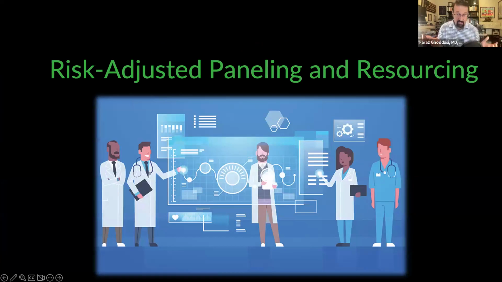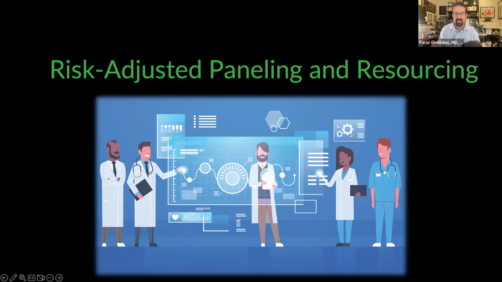There's a lot of talk about risk adjustment, paneling, and resourcing. And one of the big things that this could do is, depending on your institution and depending on how you end up using it, hopefully give you as primary care physicians adequate time to address the needs of each patient by either increasing or decreasing panel sizes, complexity, or even the time with each patient based on their complexity. Burnout-related turnover costs tens of billions of dollars a year, and the lack of established models for risk adjusting panel sizes led to a lot of potential AI solutions.